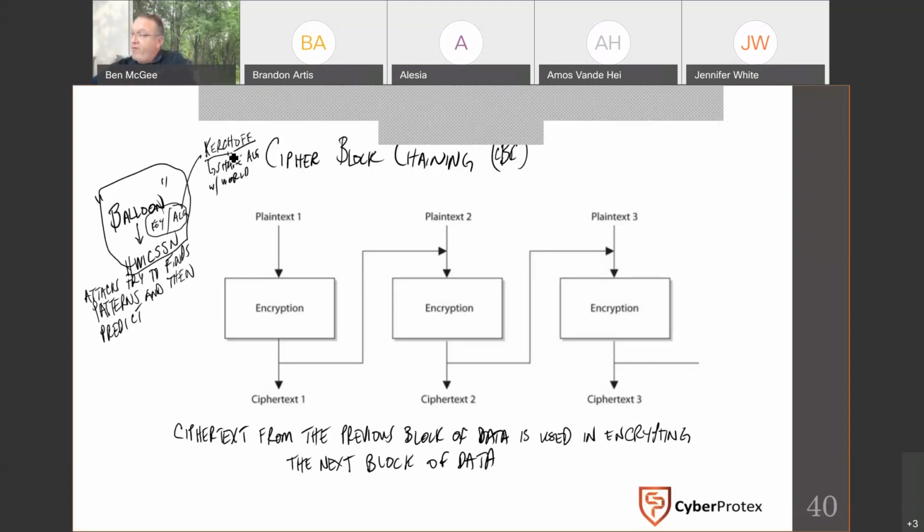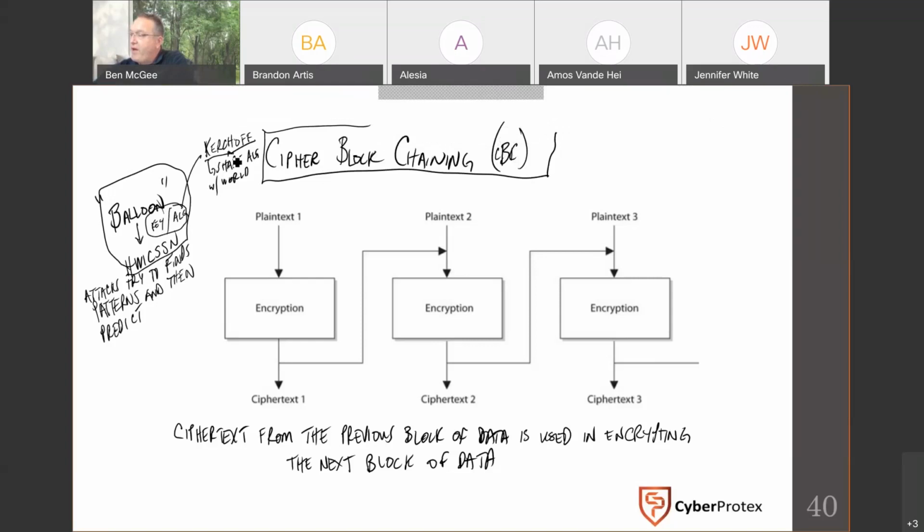And Kerckhoffs postulated that, hey, if we have all these smart people all across the world, and you're saying that your stuff doesn't stink, go ahead and share it, but don't give us the key. Let's see if we can break it, but don't give us the key. And so Kerckhoffs's principle came into play, and with DES, they decided to do something a little bit differently,